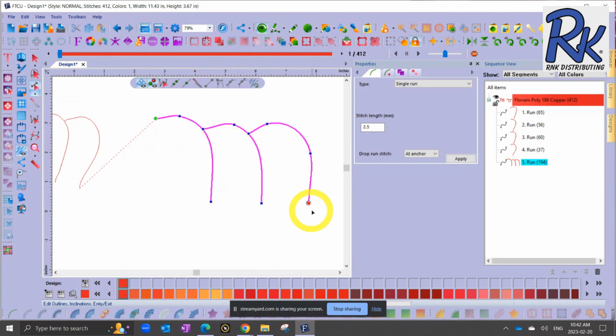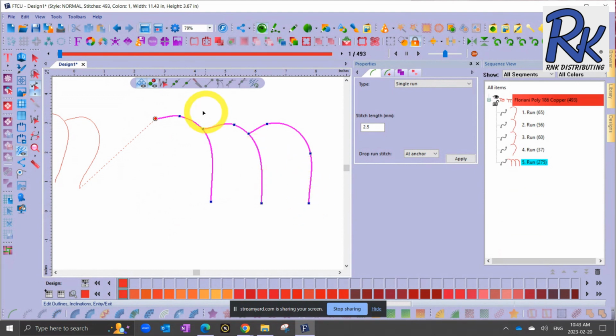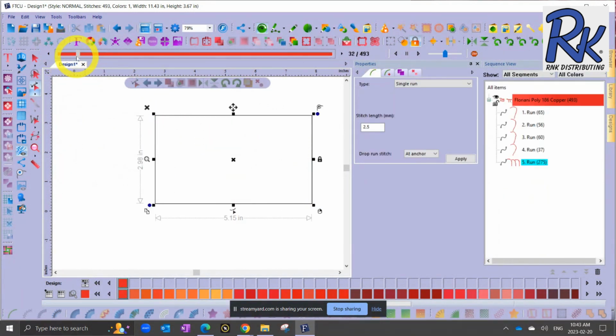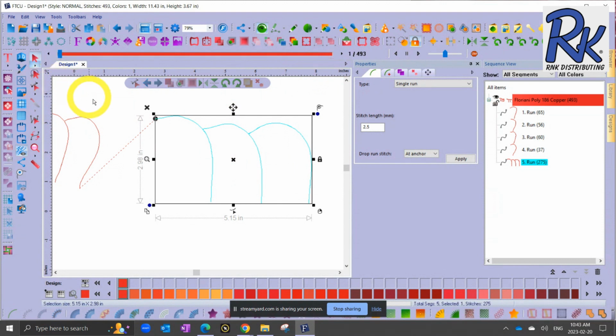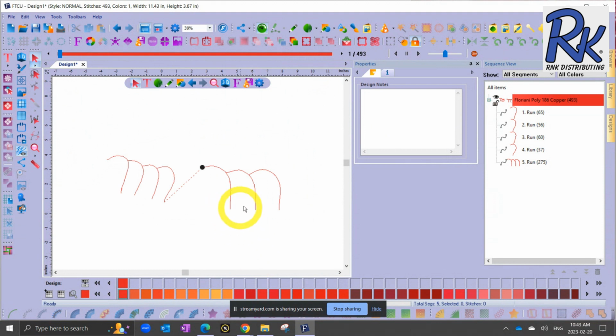And to make this all in 2-ply, all I have to do is bring the red exit point back to the beginning. Now it will do the final pass where, once it walked down to here, all it really needed to do was walk back to here, back to here, back to the beginning to connect everything as a perfect 2-ply. And so when you use the combine tool, you have the option. See, so it actually walked to the end and then it walked to the beginning, but either way, it did all of that stitching together at one time. So yeah, one more thing that I'll include in this week's RNK Software Club's video of the week,